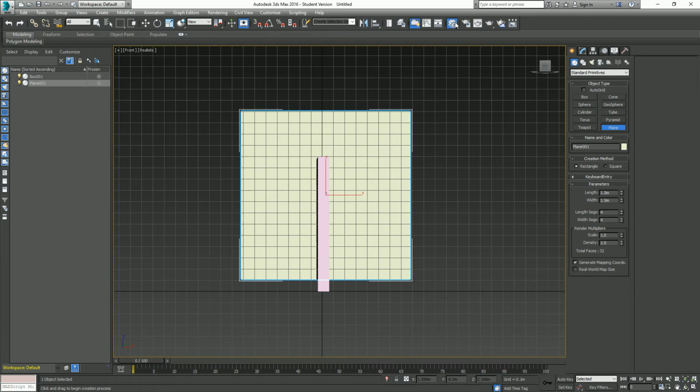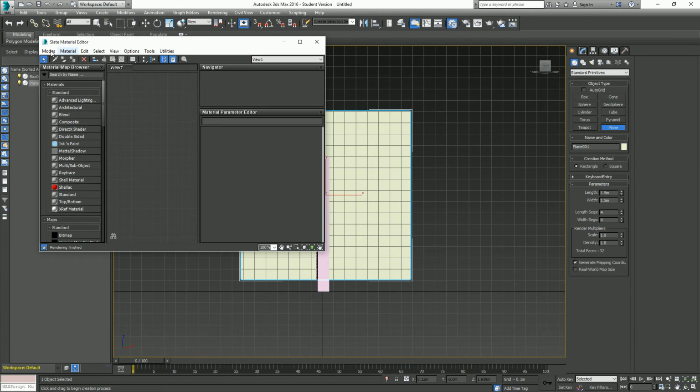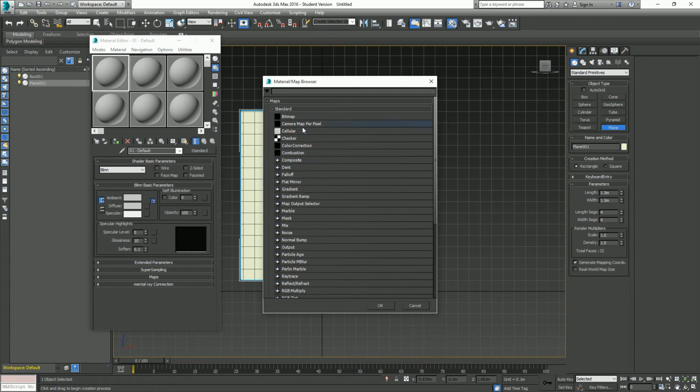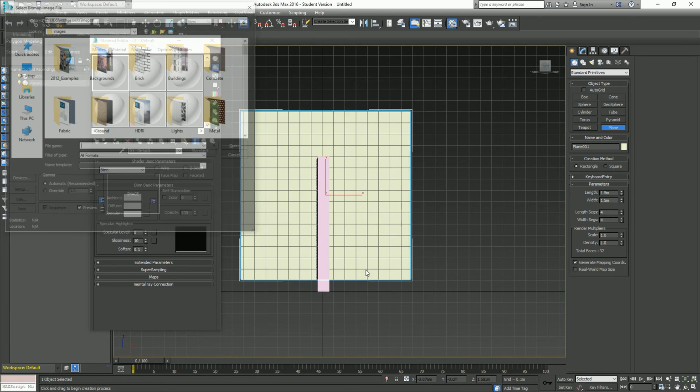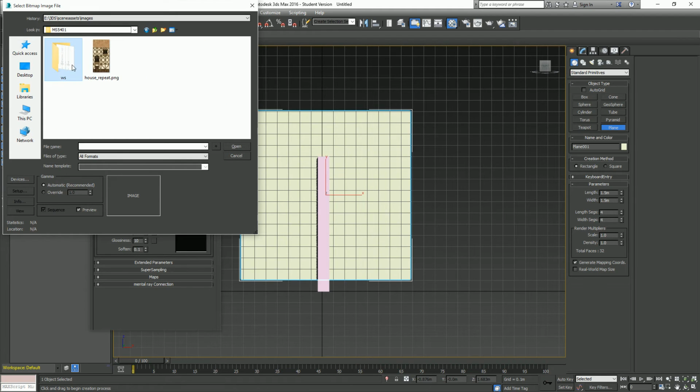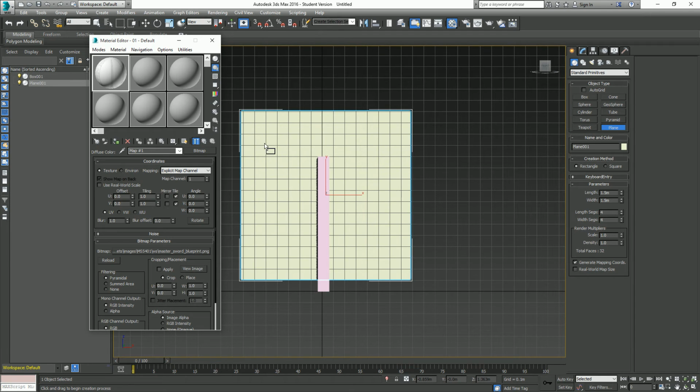I'm going to open the material editor. I'm just going to work in the compact mode. And I'm going to set the diffuse material of the first material to the image we saved from Photoshop. Now I should have a folder here for this workshop, and there's the image we resized. And I'm going to attach that to the plane, and I'm going to make sure I can view it in